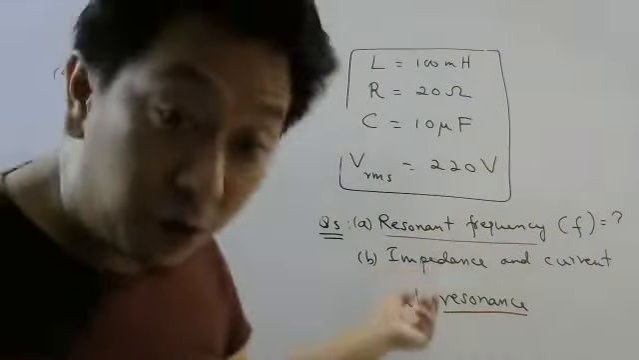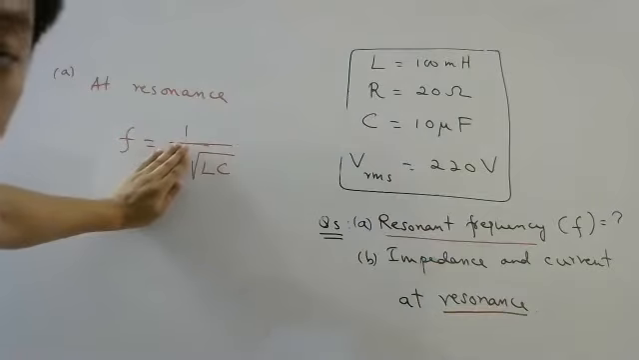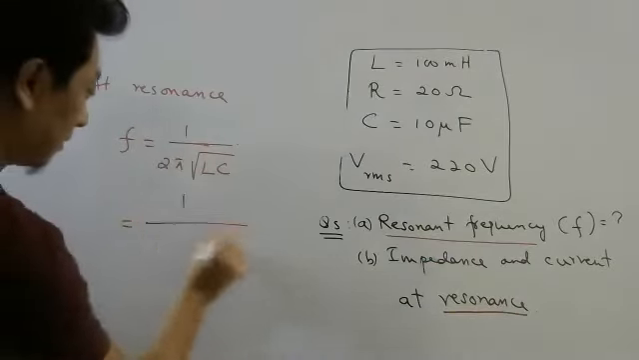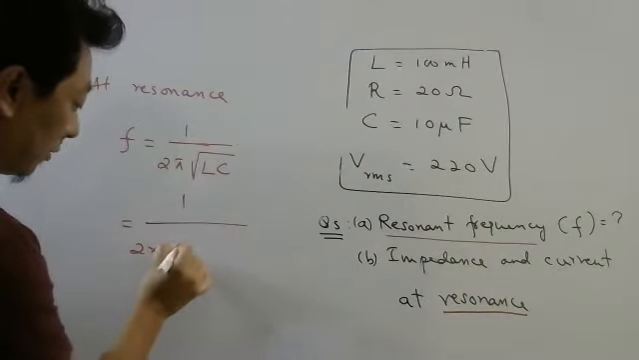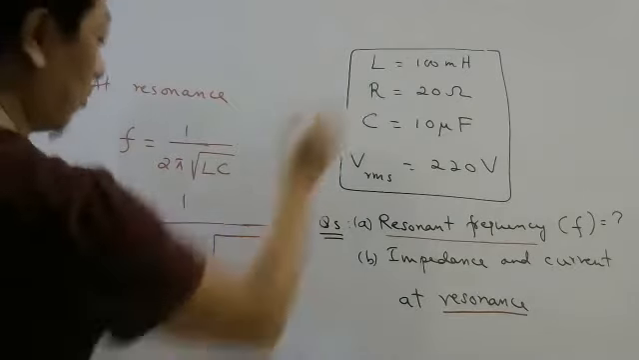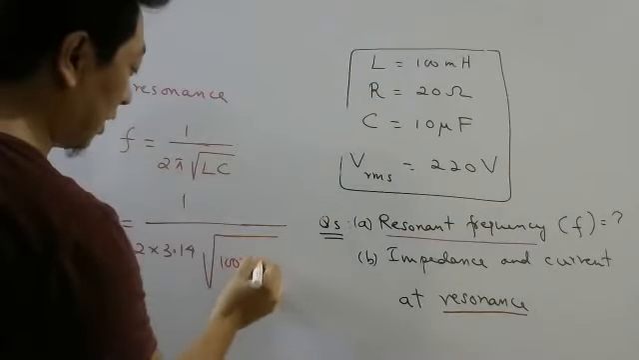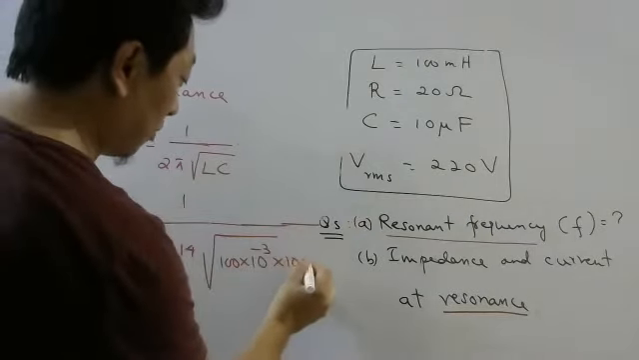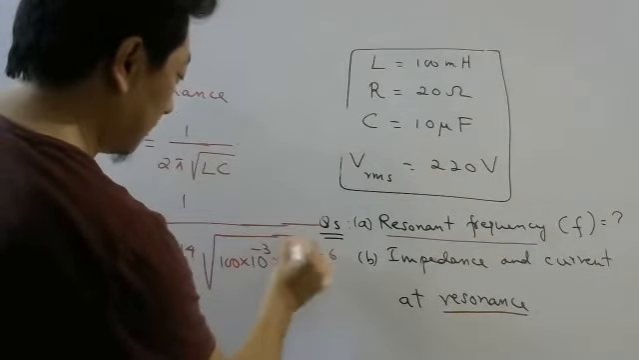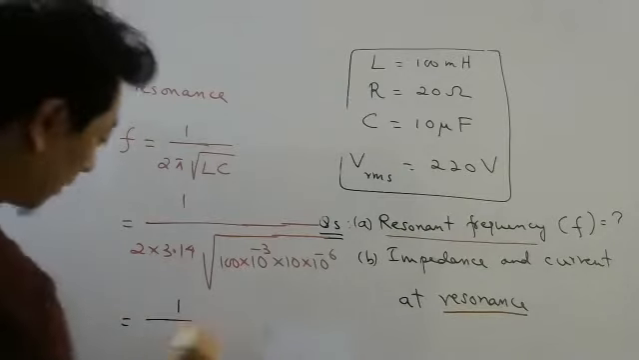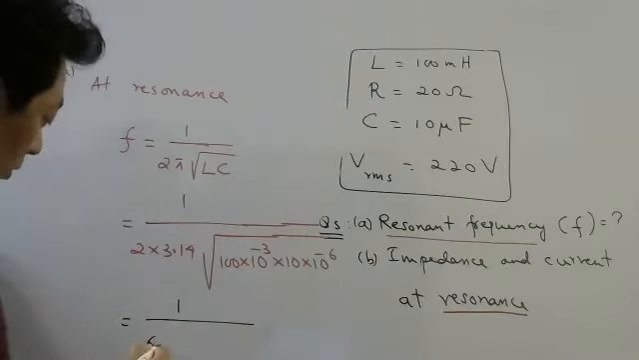If they say angular frequency, use this formula. Angular, omega. Now substitute. 2 into 3.14 root over L is how much? 100 millihenry. Milli means 10 power minus 3. C is 10 microfarad, 10 power minus 6. Try to keep the power even. So this will be 1 divided by 6.28